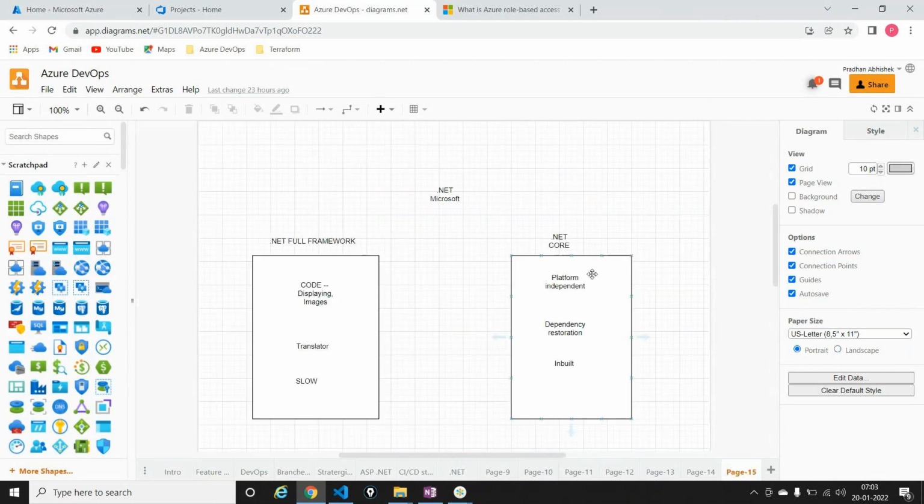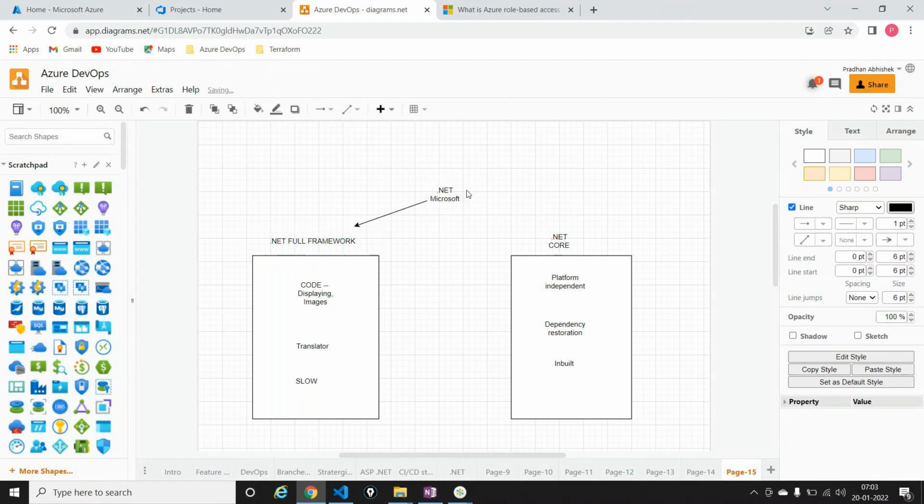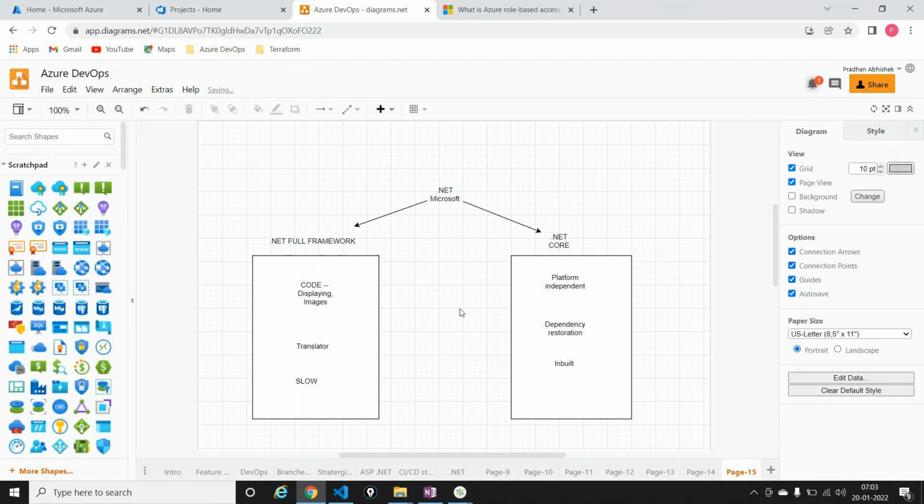Okay, so this is where we are, and in yesterday's session, we were discussing the primary difference between a .NET full framework application and a .NET Core application, from the perspective of restore and build. And we concluded that the biggest difference between a .NET Framework and a .NET Core application